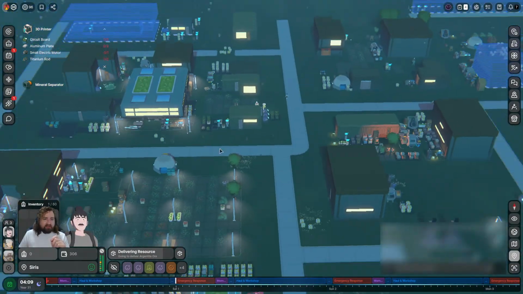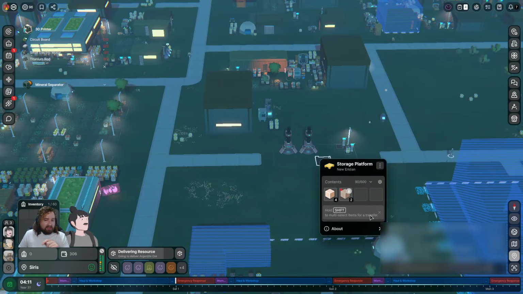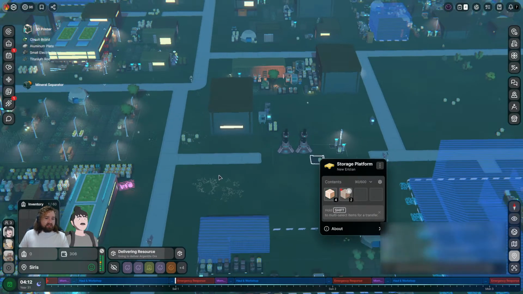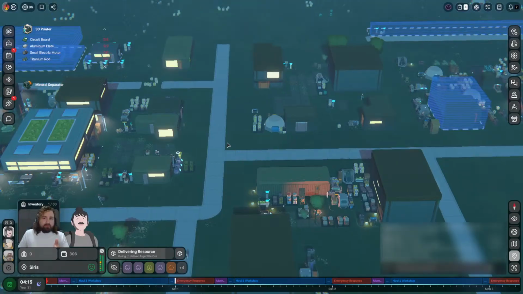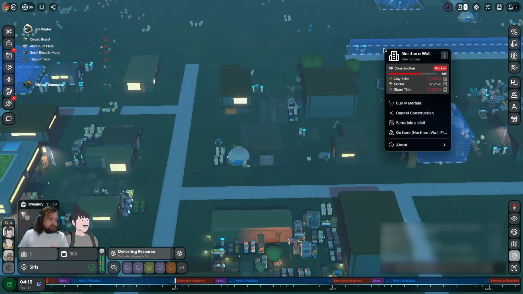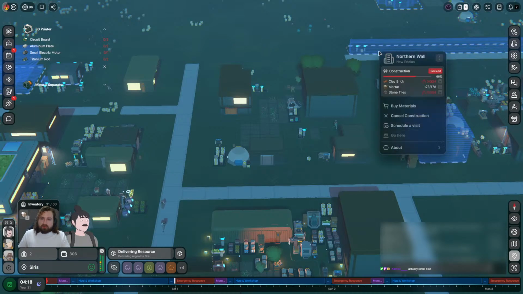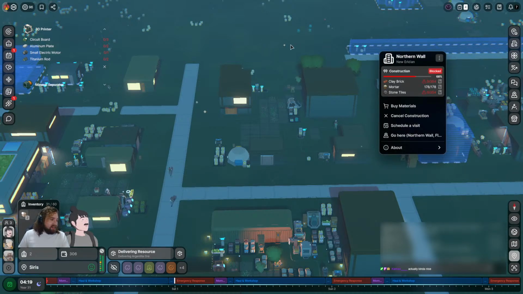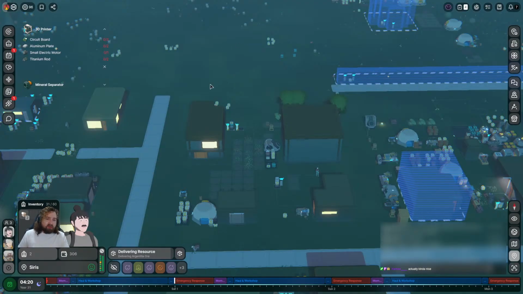Now, if I drag an item from an inventory to a different place, the task to move it pops up in the inventory itself. So it comes in handy when, let's say, I'm trying to move resources to the wall, but the wall has no employees. Then I've got to manually transfer all those materials over.